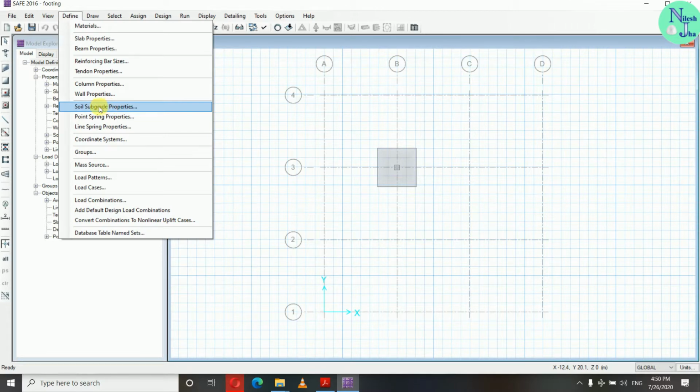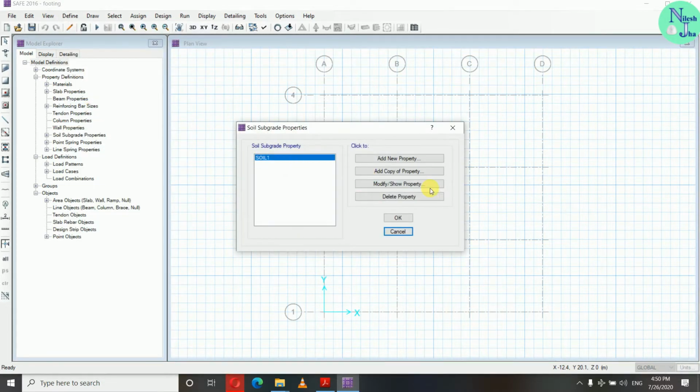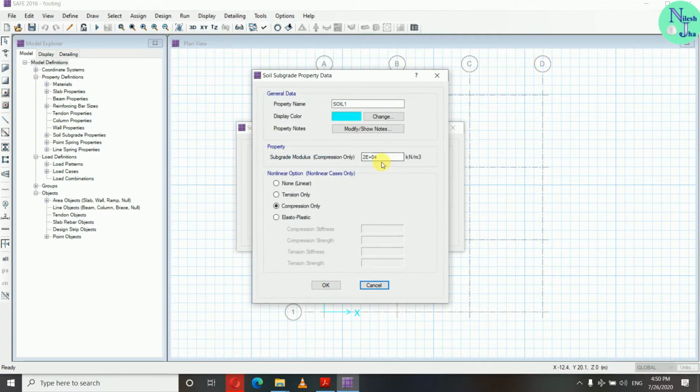So first, let us define our soil subgrade properties. Here is Soil 1, we will modify the soil properties. Okay, so here subgrade modulus is nothing but the bearing pressure divided by allowable settlement. Here allowable settlement is 25 mm, that is 0.025 meter. And our bearing pressure is 150.